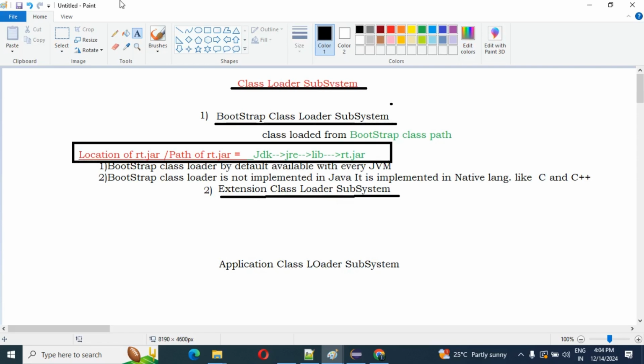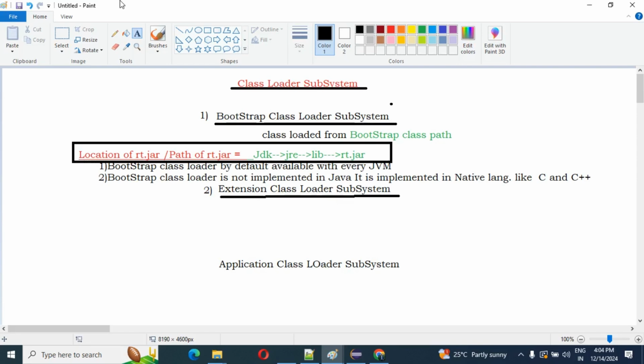However, starting from JDK9 it loads the core Java API classes from the Java runtime image. From JDK9 onwards, the classes are loaded from the Java runtime image.